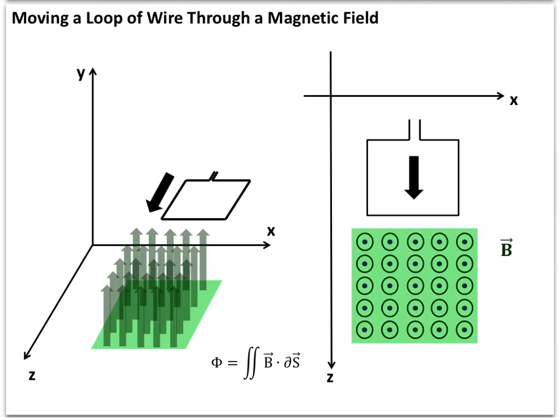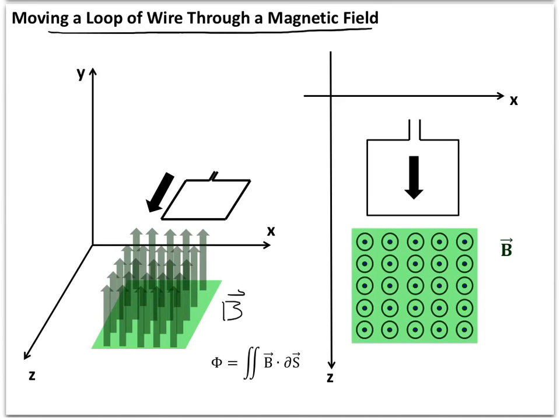So what we're going to do is what's called a thought experiment. This is an experiment that would be very hard to set up in real life, but that we're going to essentially do on pencil and paper so we can think about this and understand it. Essentially what we're going to do, as I said, is move a loop of wire through a magnetic field. The magnetic field is represented by these greenish arrows, and in our thought experiment